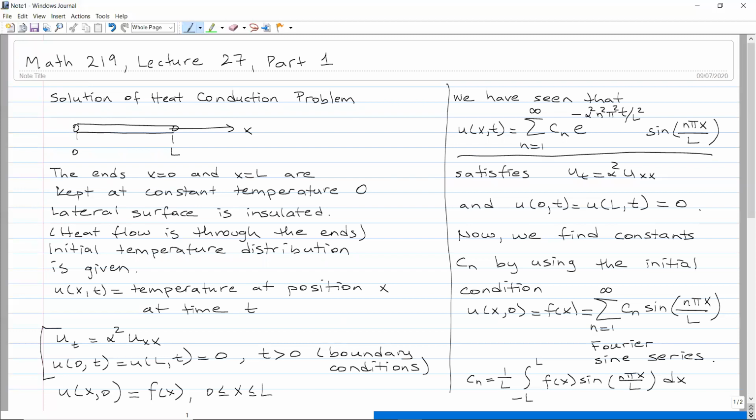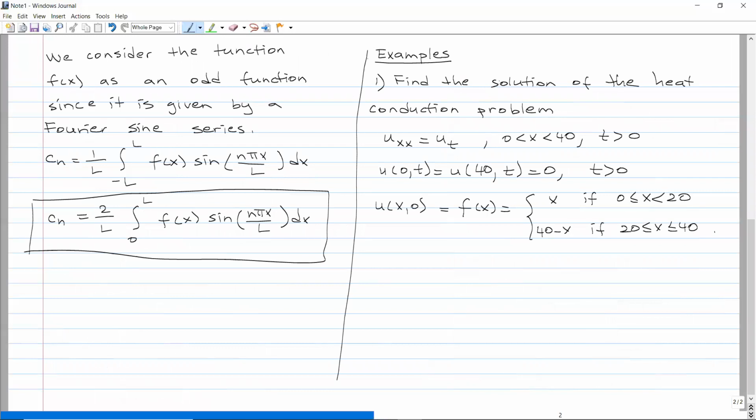Of course, this is under the assumption that the boundary conditions are both 0. Otherwise, in the second part of this lecture, we are going to consider some other possibilities for this heat conduction problem. But under these assumptions that boundary conditions are 0, and the initial temperature distribution is given by the function f, we know that